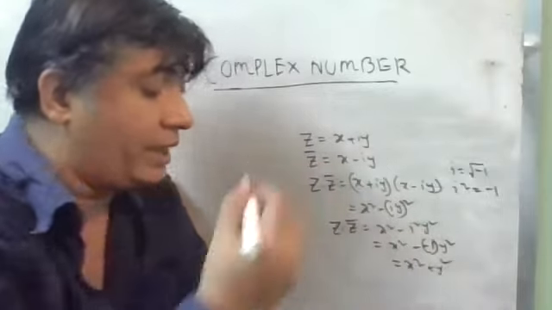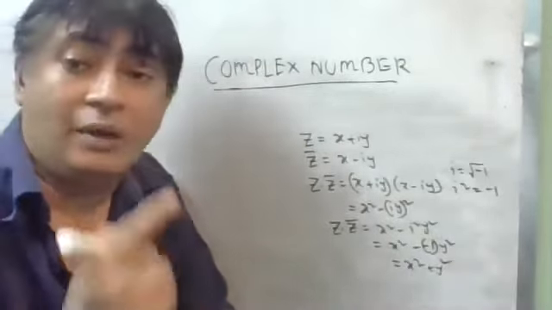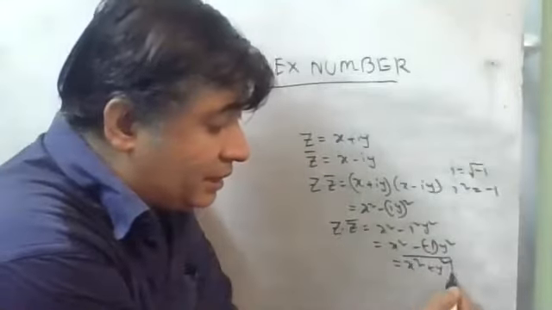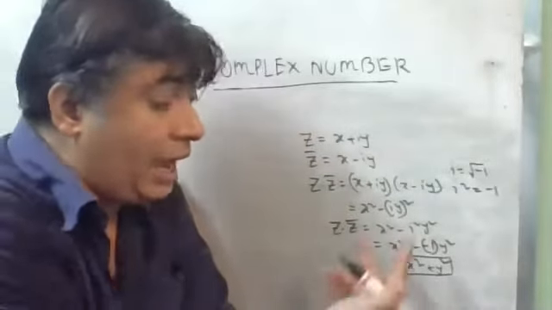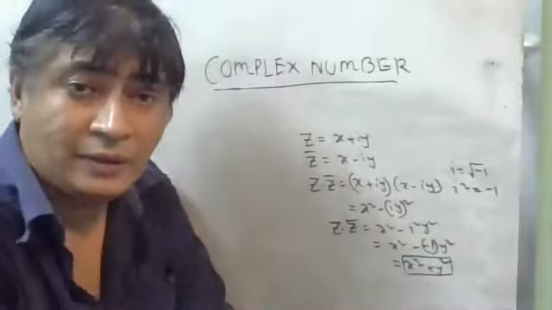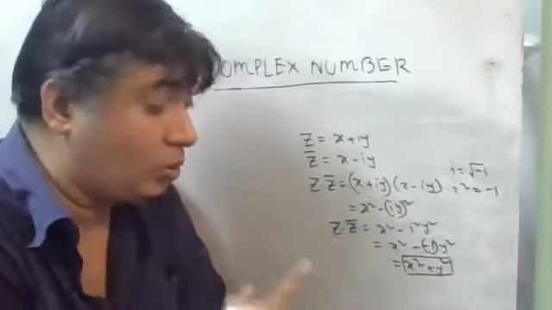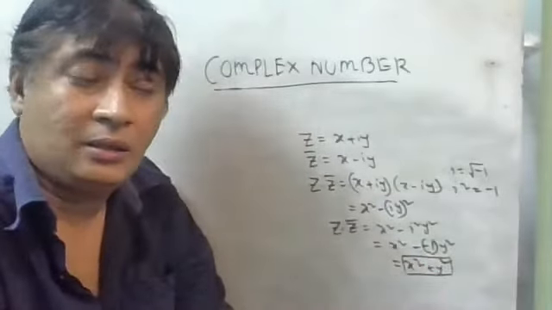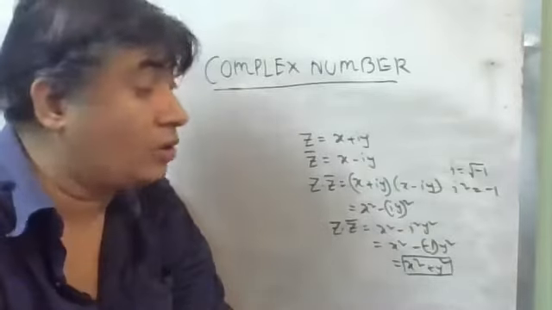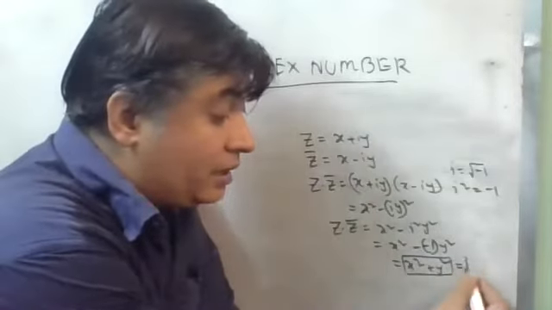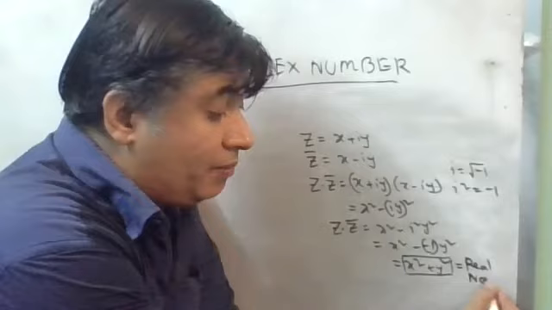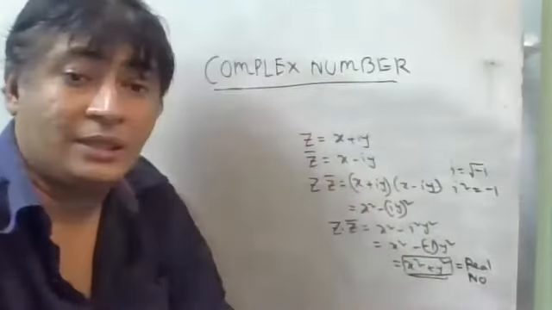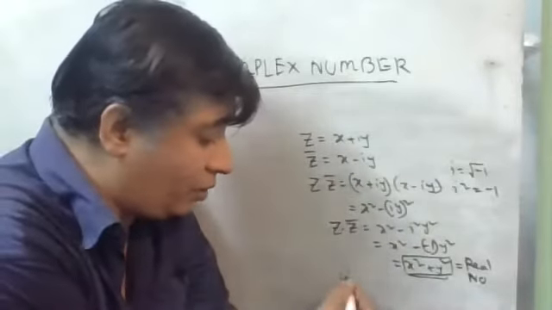So you will get x square plus y square. Now the question is, in this derived result, are you finding any iota? No. So this will not be considered an imaginary or complex number. This is a real number, as i is absent in this expression. Therefore,